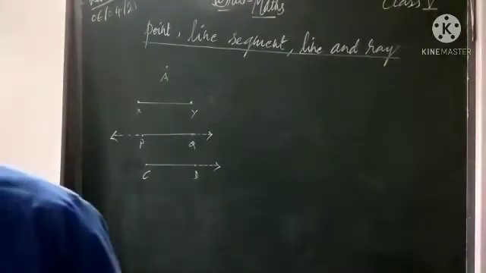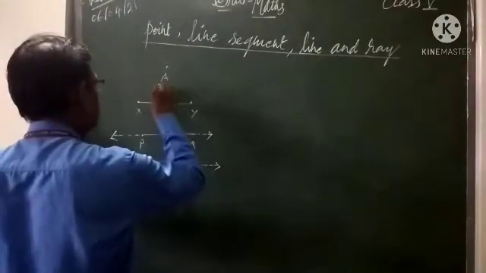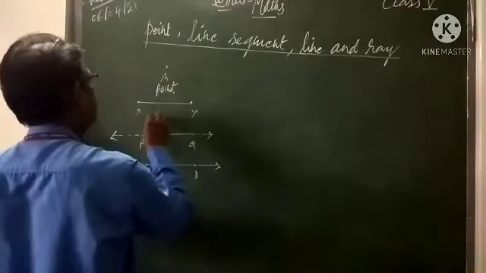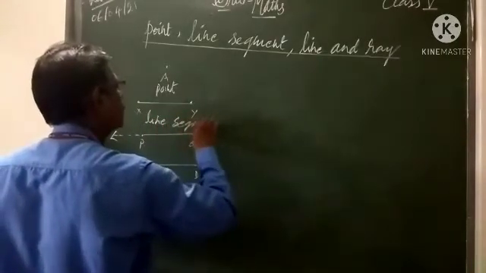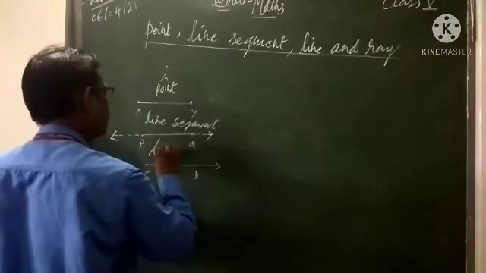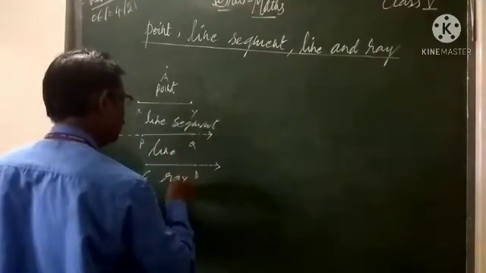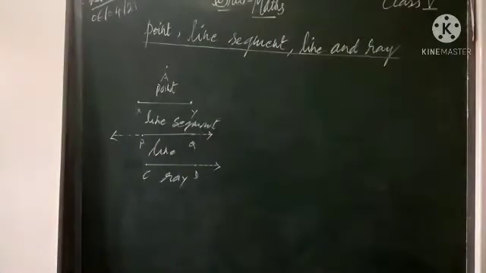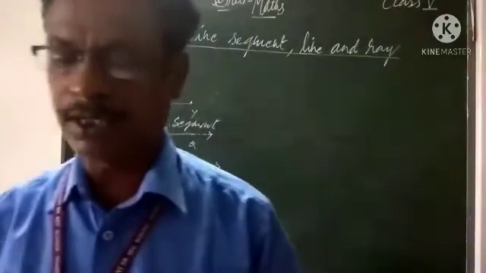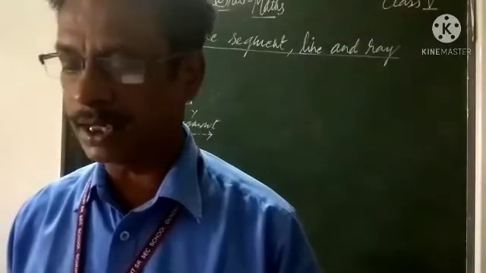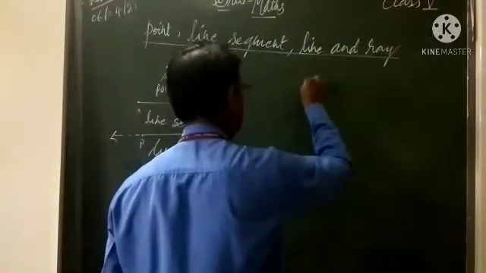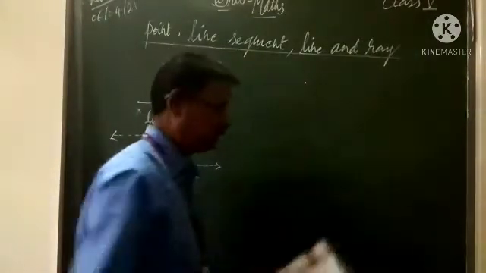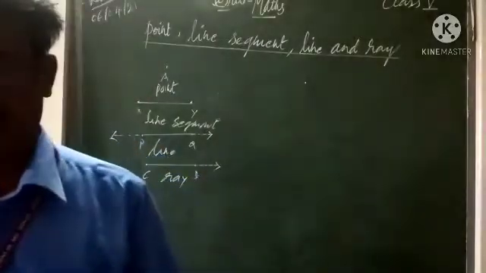Now we will study that one. This is point. If you want to write, okay. This is called point. Line segment. This is line. And the last one is what? Ray. Now look. Point means what? An impression made. An impression by the sharp tip of a pencil represents a point. Sharp tip of a pencil, like a pencil or pen or chalk. This is called just a point.